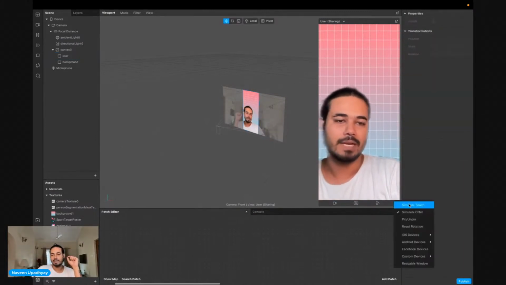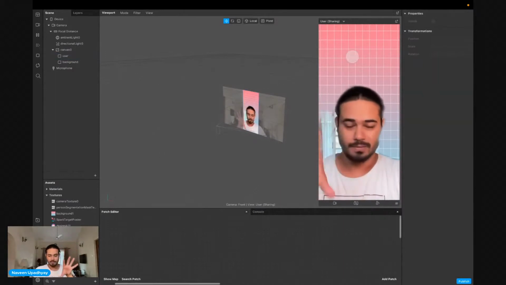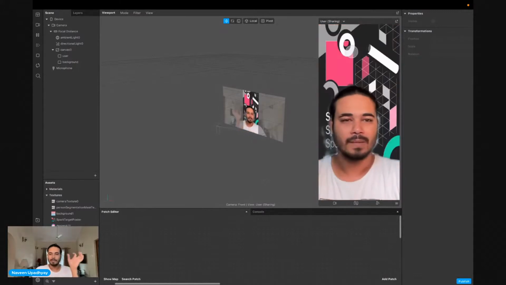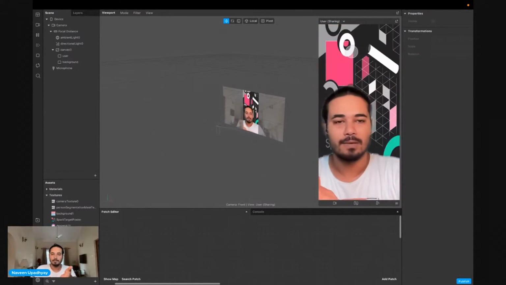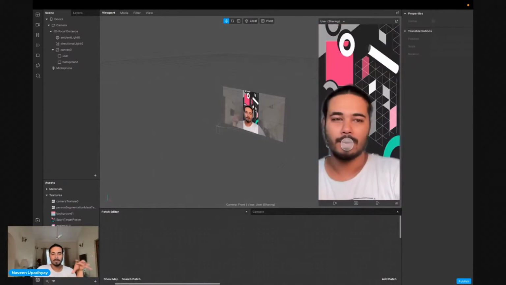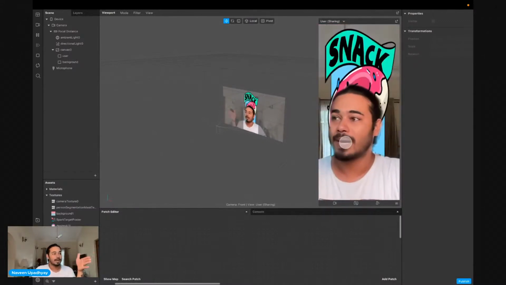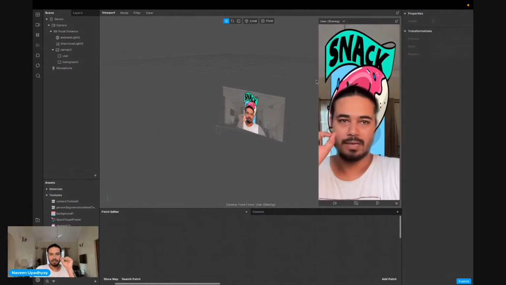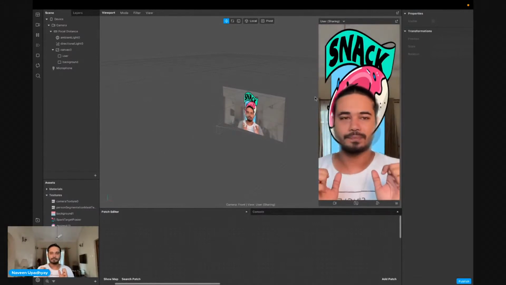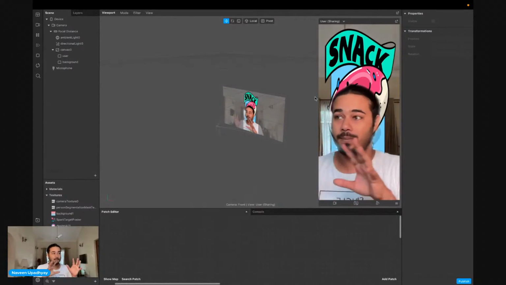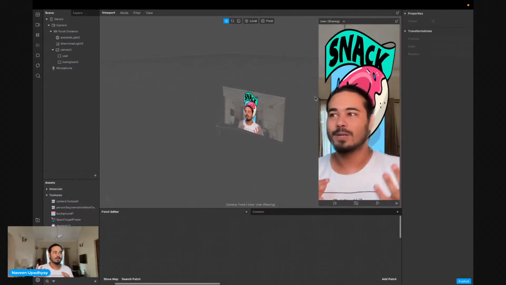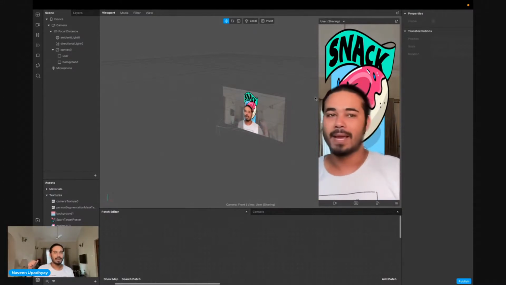If I do a screen tap, so this is my user, the one who is making the call, of course that works for me. But how do I know how many other participants there are? I'm able to see the simulator for me, but other participants in a group call are also able to see the filter, themselves, and a big background as well.